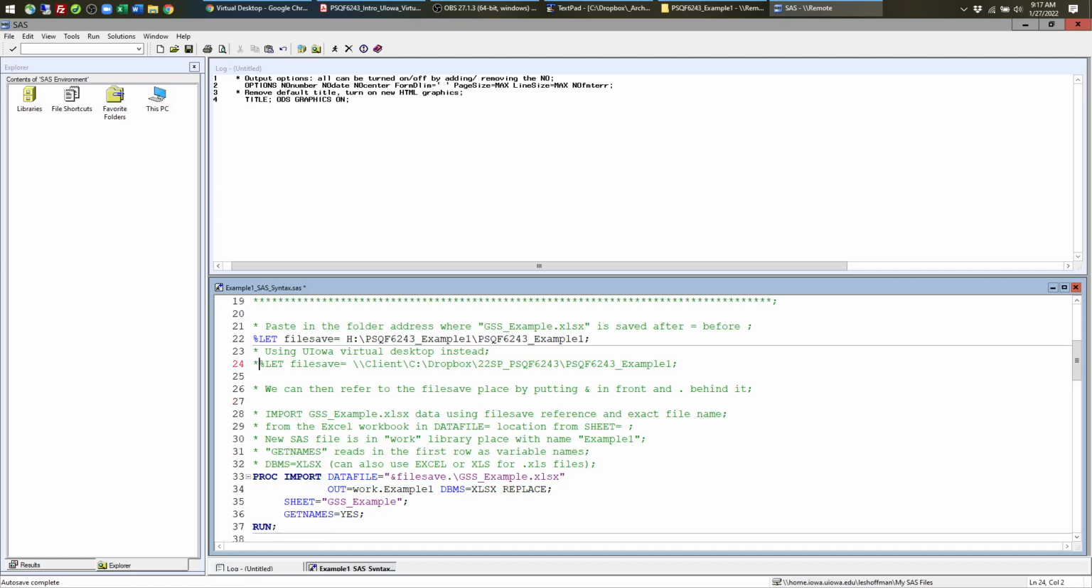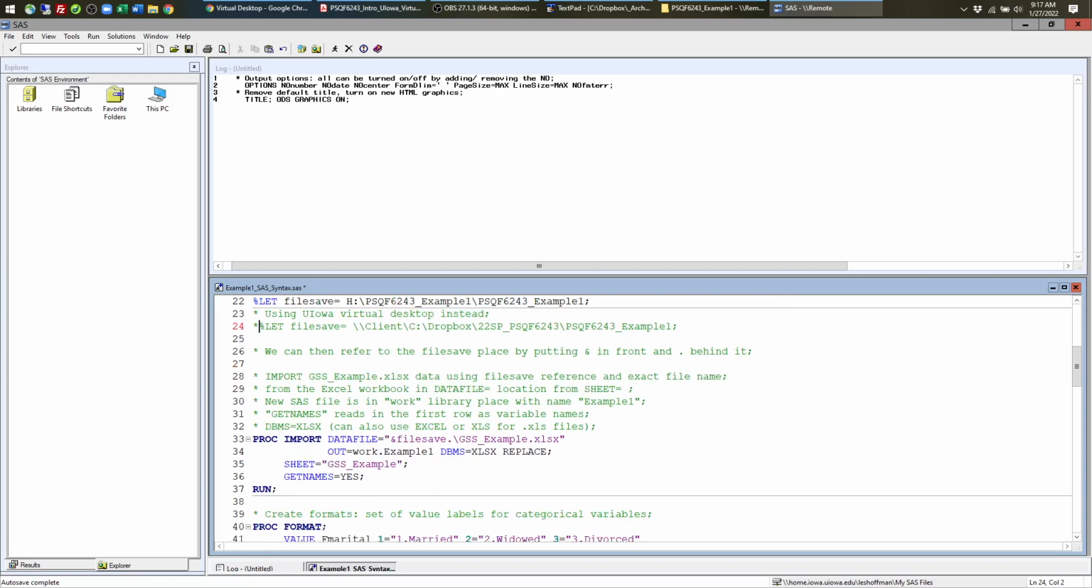Now down below, I'm going to execute code that imports that Excel file that we'll be using for this example. So Proc Import does exactly what you would think. It imports. What do you want to import? Goes on data file. This part right here is where the file is as defined up above. So it's using this abbreviation. When you see this ampersand in front and period in the back, that means fill in the abbreviation as defined